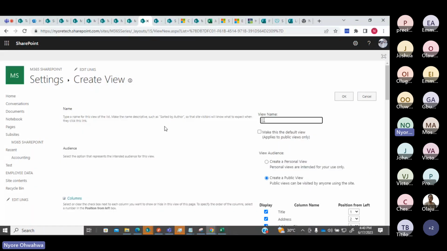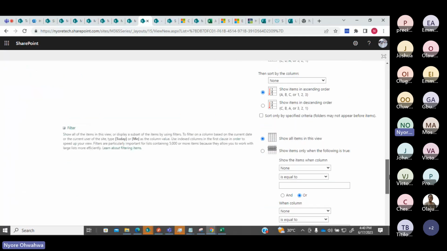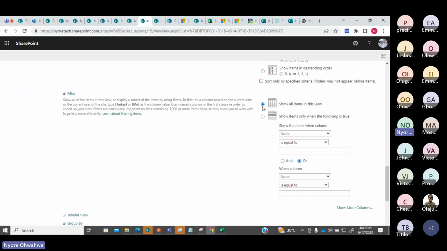So I can say test2, right? And I can scroll down, so there's this option that says filter. I can go down to say show only items when the following value is true. So this is set to none.